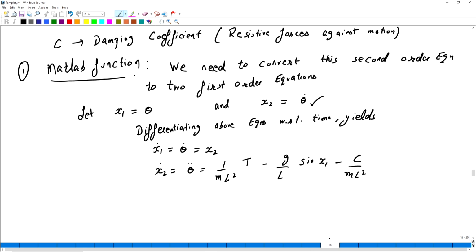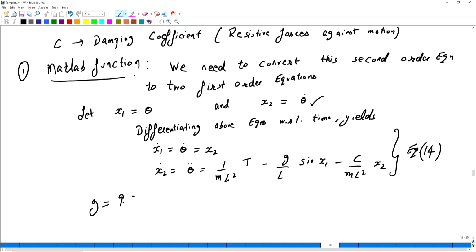Now what is theta dot? Theta dot is x2. Now this equation, let me take it as equation number 14. Now for simplicity, let us consider the values. For simulation we need values.